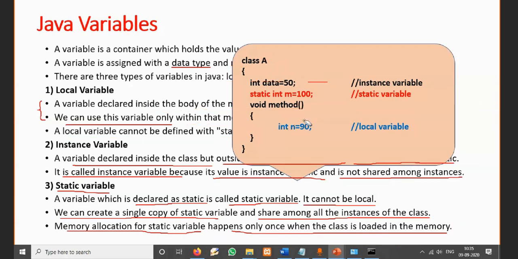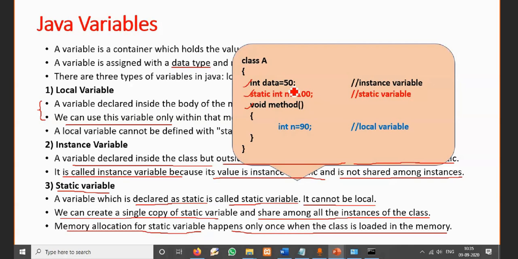Then int data equal to 50, I just gave here. So it is nothing but an instance variable. What I mentioned, an instance variable is nothing but declaring a variable inside the class, so inside the class but outside the method. So this is the one instance variable.